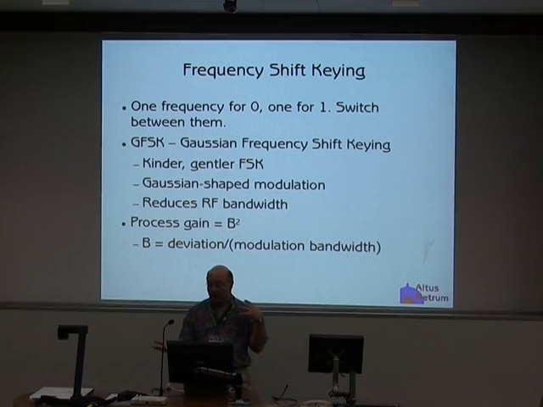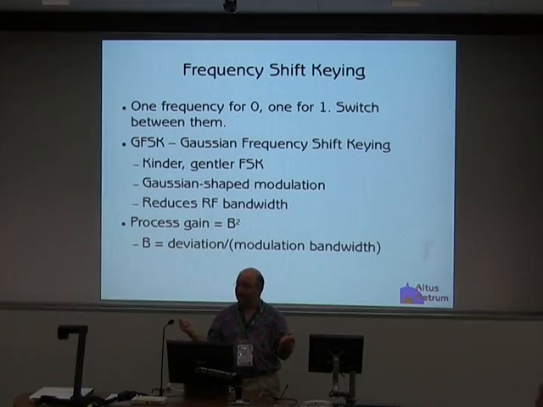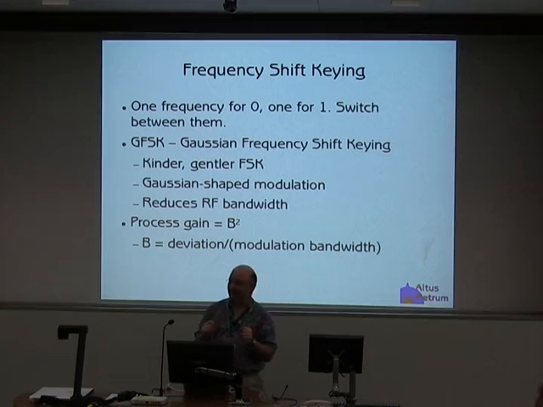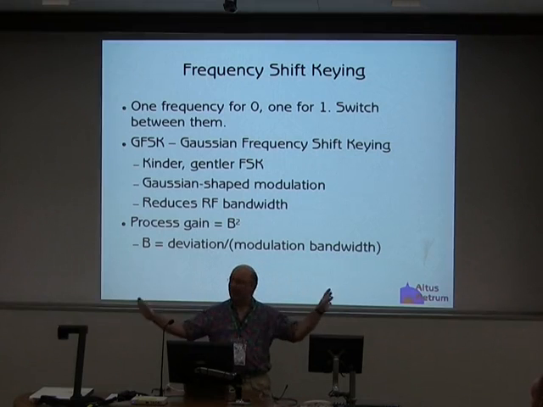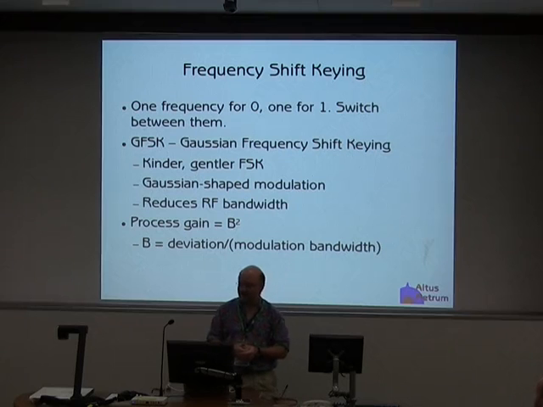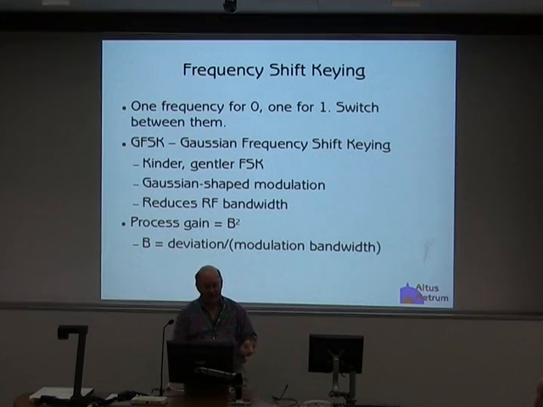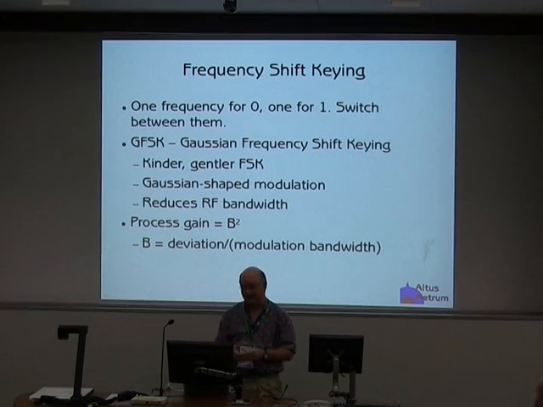Okay, very simple frequency shift keying. You get one frequency for a 0 and one frequency for a 1. So if you're switching that really fast, so once you're transmitting one frequency and then you turn it off and turn on another frequency, what are you generating in your RF spectrum? You're generating a pile of noise because you change the amplitude of one signal really fast, you change the amplitude of another signal really fast, and so you smear noise all across your spectrum. So raw FSK is kind of an unpleasant thing to do to the RF environment.